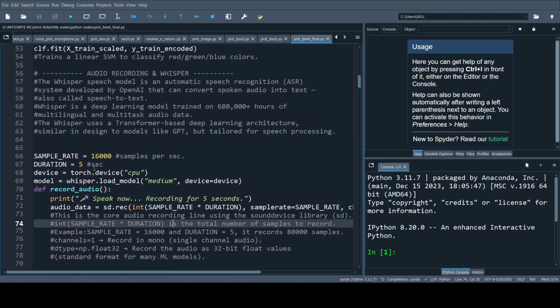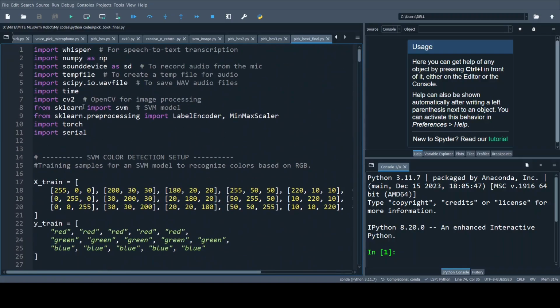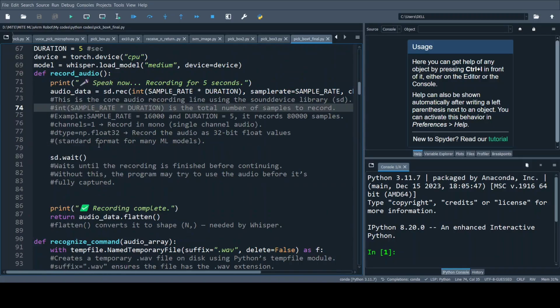NP is numpy, which we have seen over here. Now after recording, we have to wait for recording to complete. Why? It waits until the recording is finished before continuing. Without this, the program may try to use the audio before it is fully captured. So if we do not use this sd.wait, then it is possible that the audio is not fully captured and we move to the next command. So this will make sure that